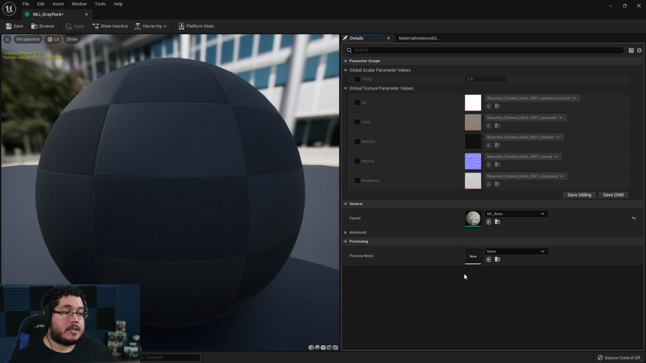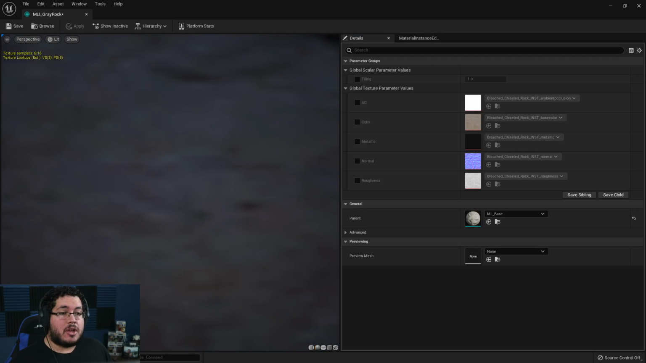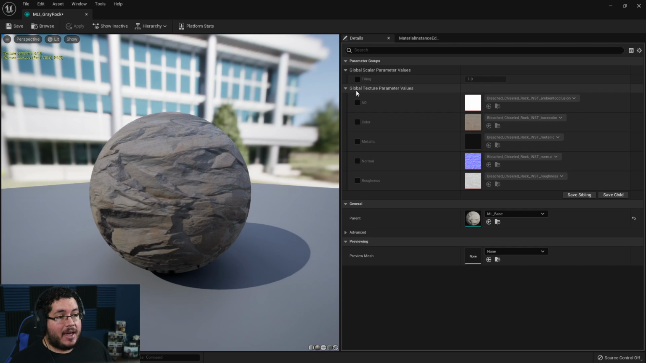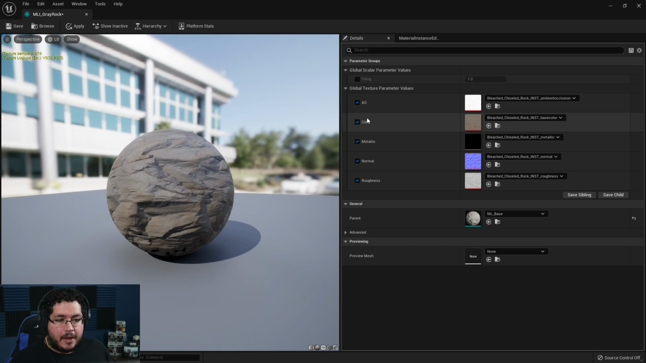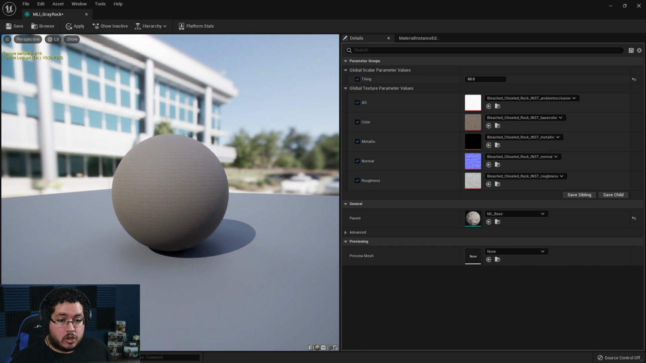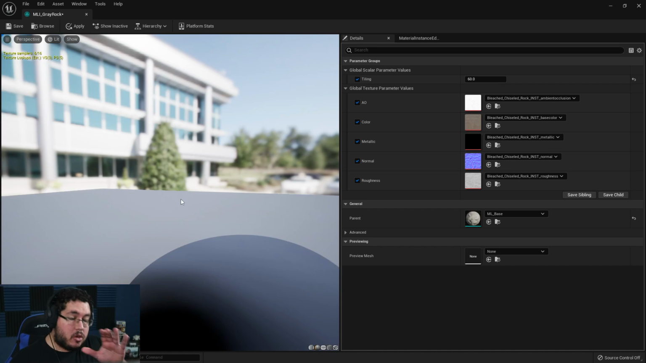So now this instance right here is very cool. It's very magical because as you can see, we now have access to the ambient occlusion, the color, the metallic, the normal, the roughness, if we want to change it. If we don't want to change it, which in this case we really don't, we don't have to, but we can go to the tiling, for instance, and say, hey, I want this thing to tile like 60 times, right? It's going to be tiling 60 times. And now when we use this material on the object, it will tile 60 times because we're modifying the parameters